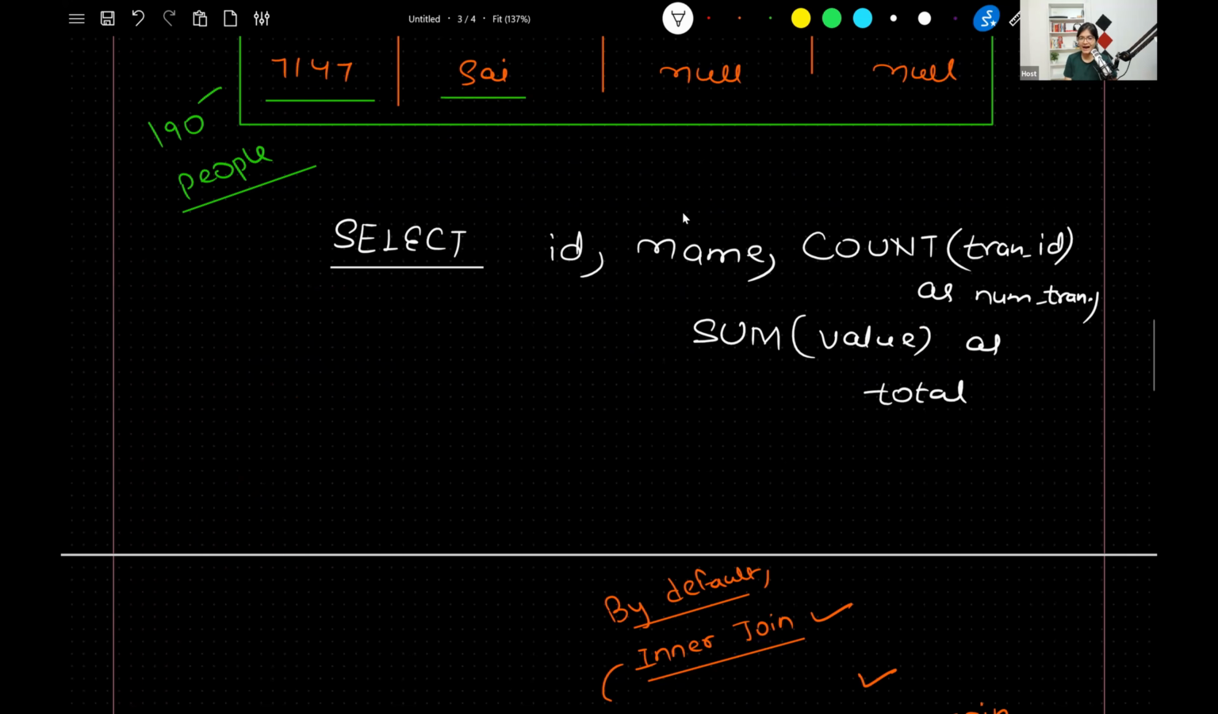Okay? So I have mentioned the 4 columns I want to display: ID, name, number of transactions, and total. Still, it is not finished. There's a lot more we have to do. It's just that we have written down the columns we want to display. After that, what will I do? Now, select is done, from